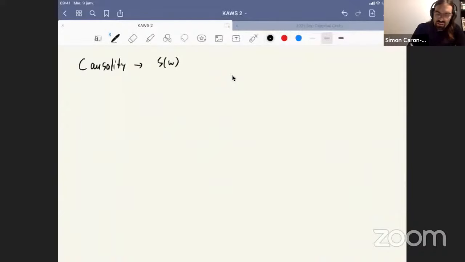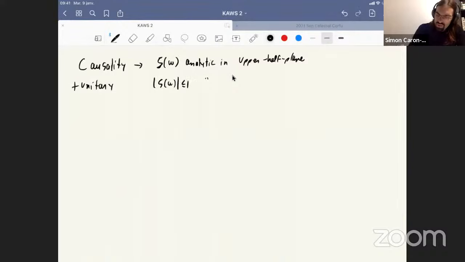We learned that the transfer function, which tells you how your wave is transferred, is analytic in the upper half plane. And there's some condition of non-exponential growth, but if you have unitarity, the growth condition gets much stronger. And in addition, you get that it's bounded in the full upper half plane. So our idea is to apply those two conditions to scattering processes.